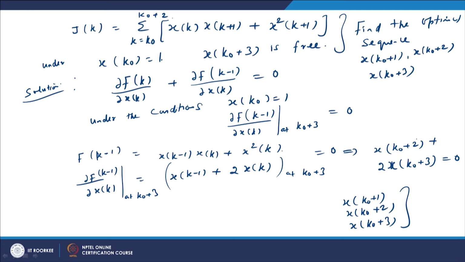So in this lecture we have seen the optimization of a discrete time expression, and how to find the optimum sequence to minimize j; the necessary condition has been shown here. In the next lecture we will consider optimal control problems, that is, along with the minimization of j, the constraint is a discrete control system, and we will find the optimal control for discrete time systems. Thank you.